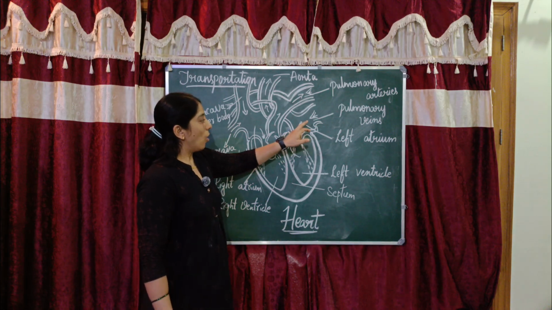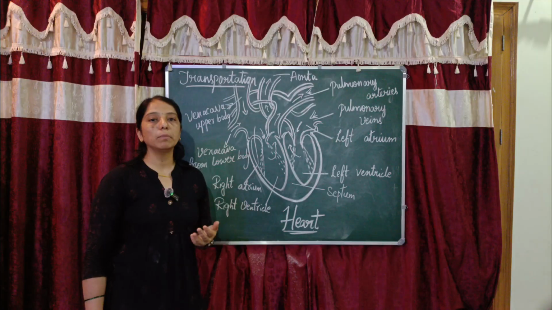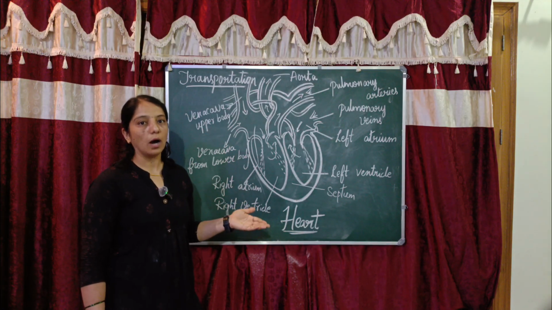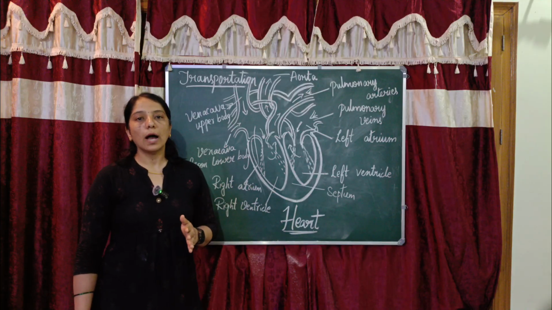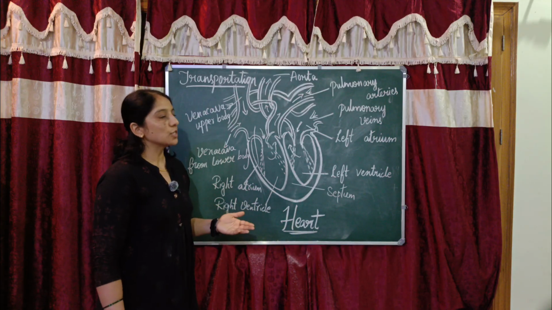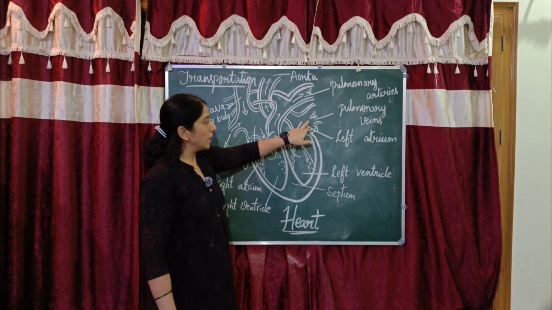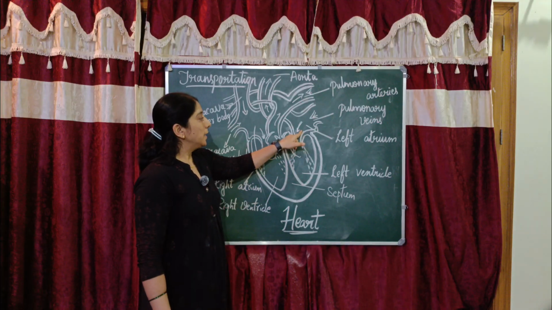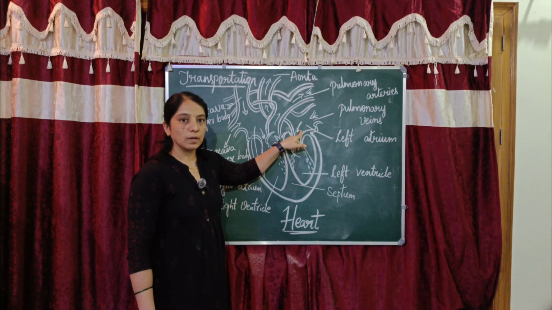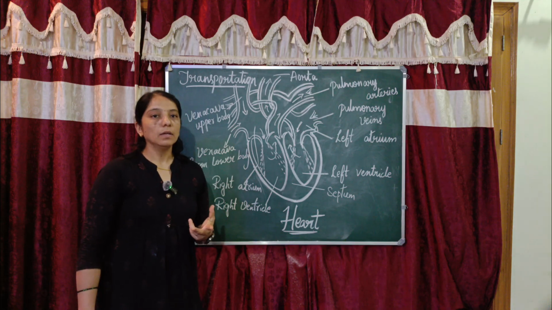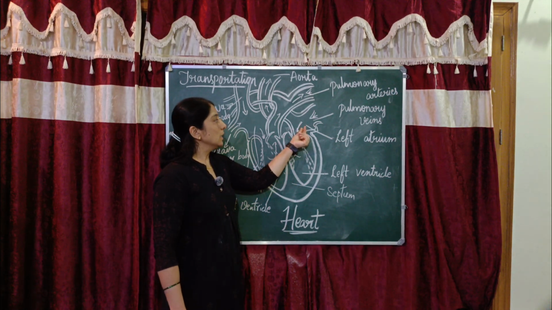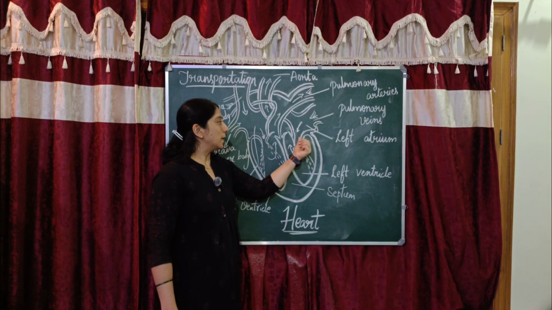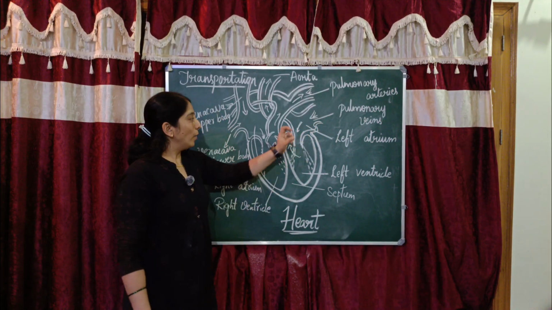So here first, oxygenated blood. Oxygenated blood means when oxygen enters into the body, it is passed into the heart, then it is transported into other parts of the body. How does it enter with blood? So through the pulmonary veins, the oxygenated blood enters into the left atrium when it relaxes. When the left atrium relaxes, oxygenated blood from the pulmonary veins enters into the left atrium. When it contracts,